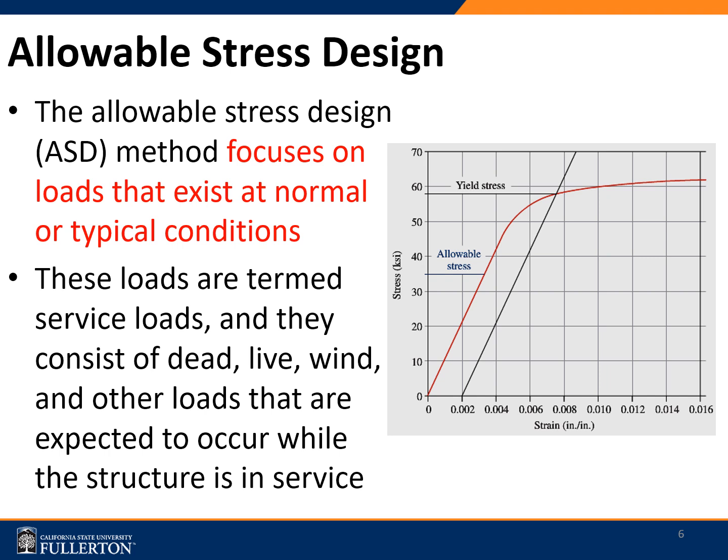Now the question here is which failure criteria are we using while we decide the factor of safety, or that additional factor. It could be either or. The correct answer is it could be the yield stress or it could be the ultimate tensile strength, depending on the particular application. Now in the case of allowable stress design, the ASD method, it focuses